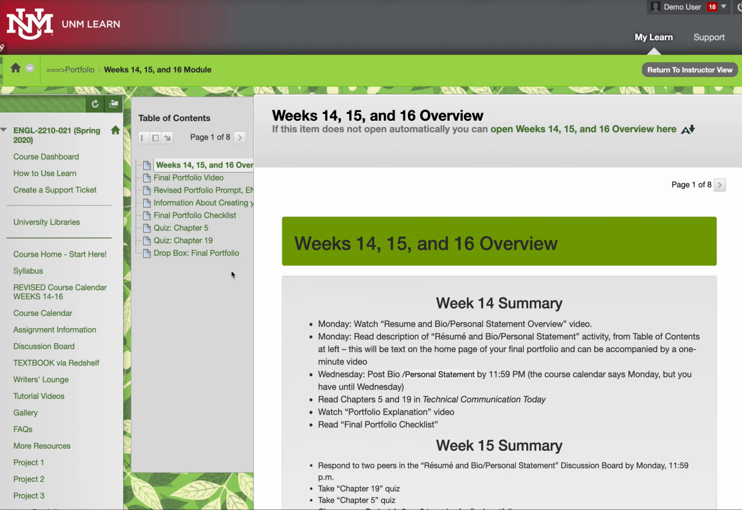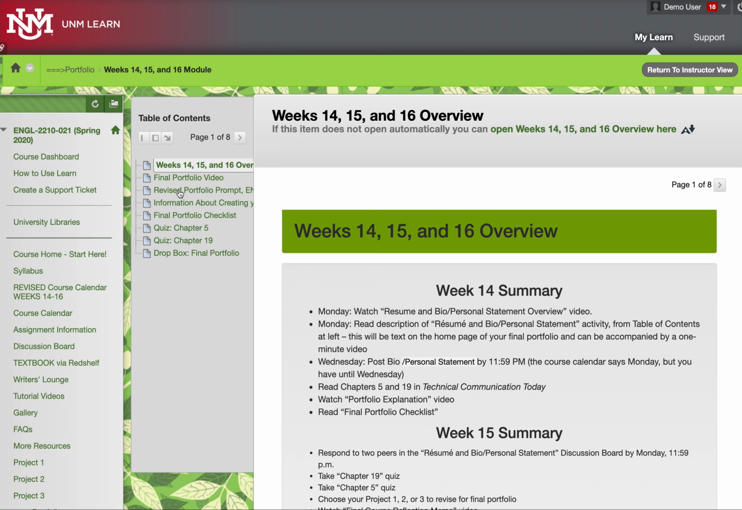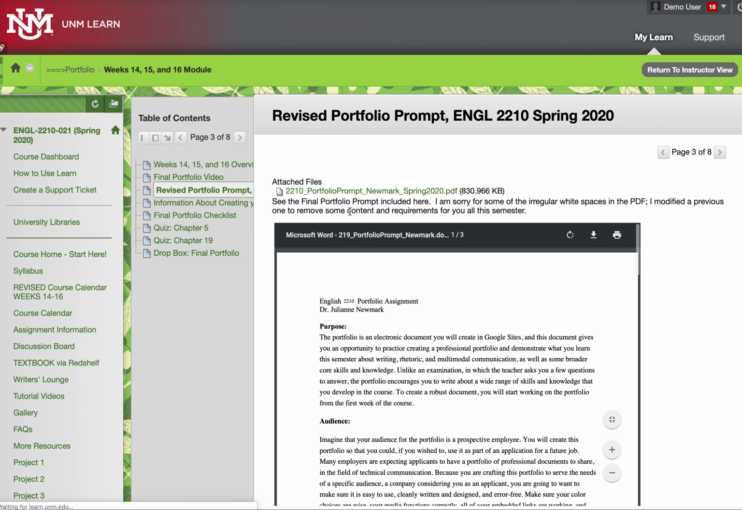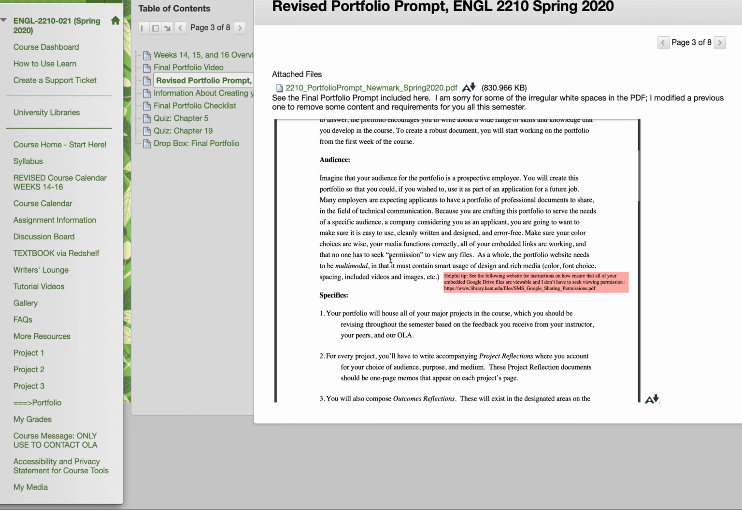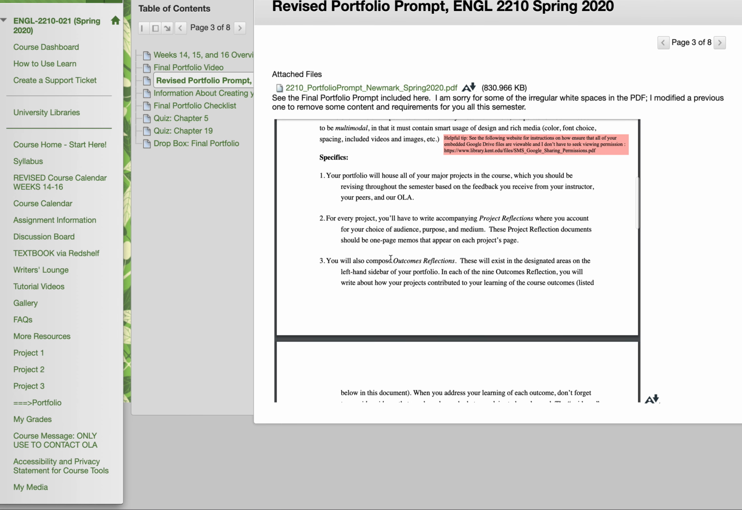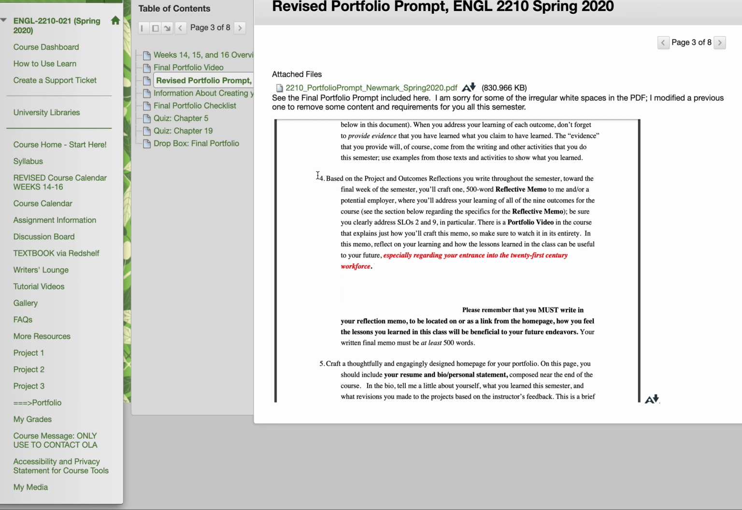Once you're there, you'll see our summaries for what's coming up in the coming weeks, but the final portfolio prompt is what you want to look at. It tells you exactly what you need to do. It's got some weird spacing and amendment issues because I changed it from the previous semester, so you had to do less. But this is the item that we're concerned about, number 4, the reflective memo, 500